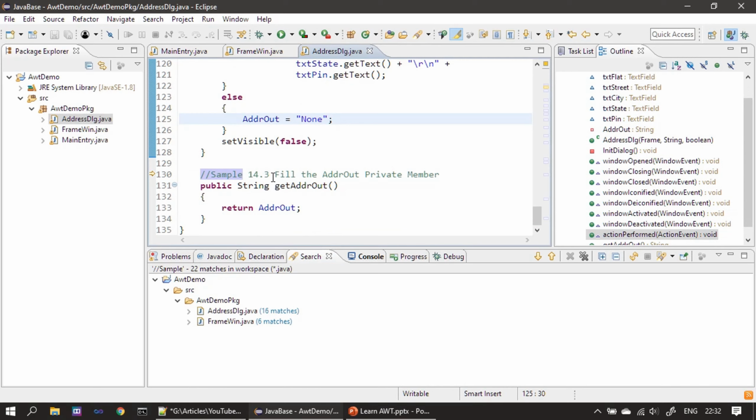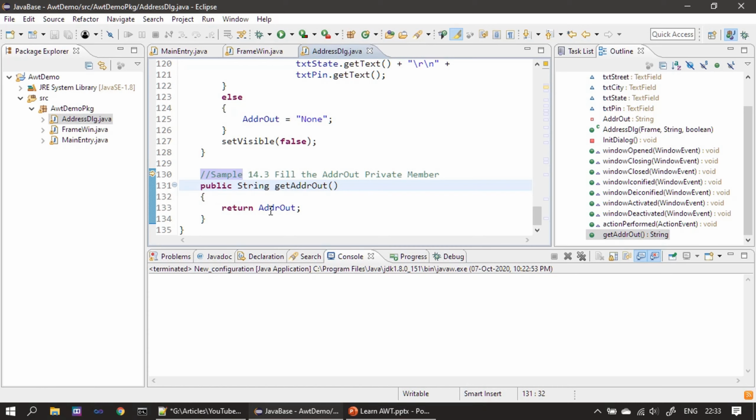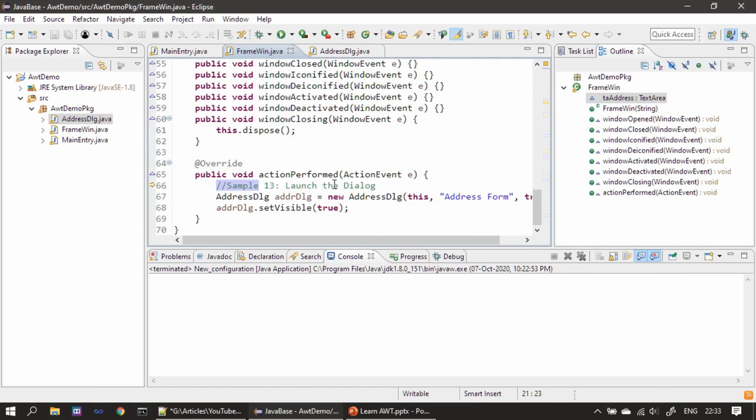So now we put our sequence number here, 14.3, get ADDR out. So now the ADDR out is ready. As you guessed rightly, we will move to our action performed method, and we will make a call to